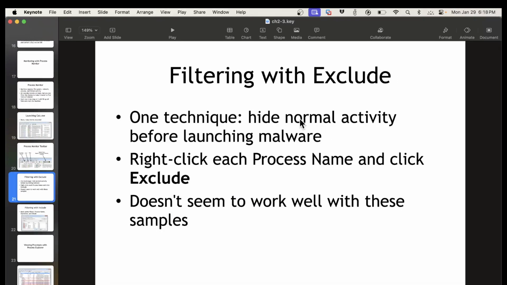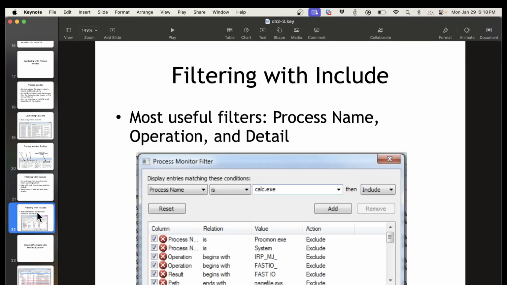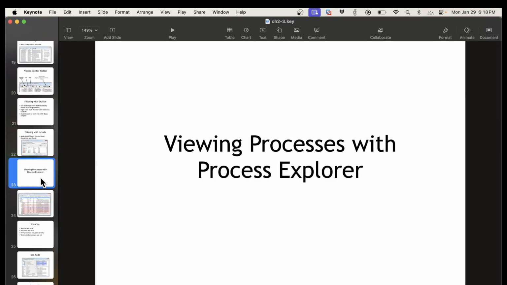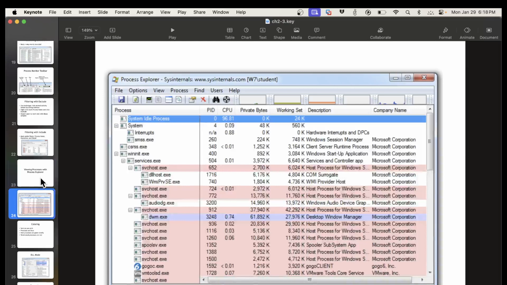So one technique is hide all the normal activity, then run the malware, and that's fine. Another simpler way, which is sloppier, is to only include the name of the malware. Now, if the malware were to launch other processes with different names, you wouldn't pick them up. But anyway, we'll play with that. And then Process Explorer. Process Explorer is the souped-up version of Task Manager, and what it does is it shows